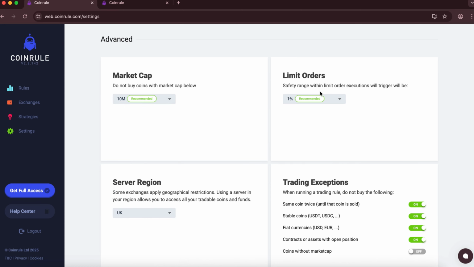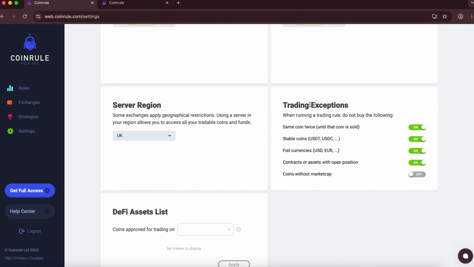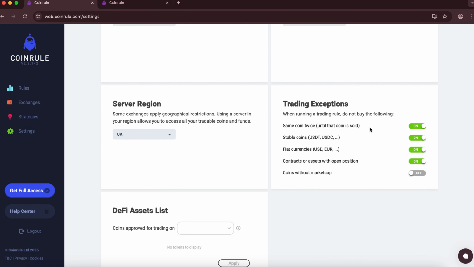Similarly, for limit orders, the safety range can be changed depending on your risk tolerance, on how quickly you want the order to execute, how important it is that the order executes. You can also turn on and off trading exceptions such as same coin twice, stable coins, fiat currencies, and so on. If you click off here, so do not buy the same coin twice, now every rule is able to buy the same coin twice. Toggling this on and off will affect all the rules in your